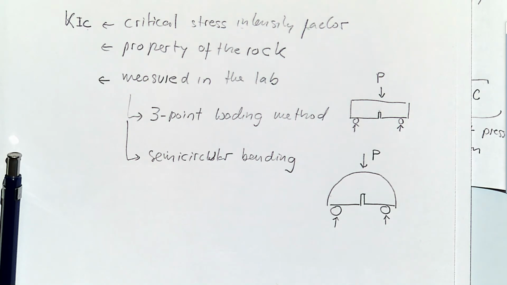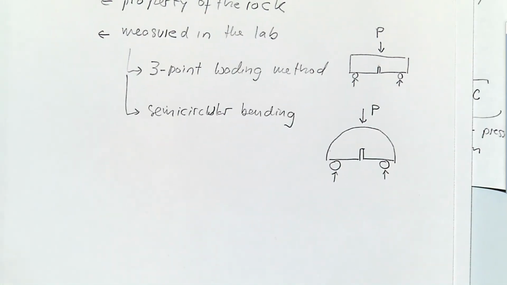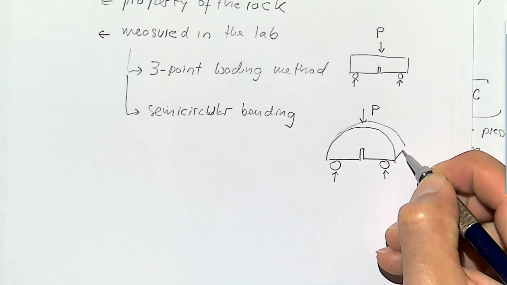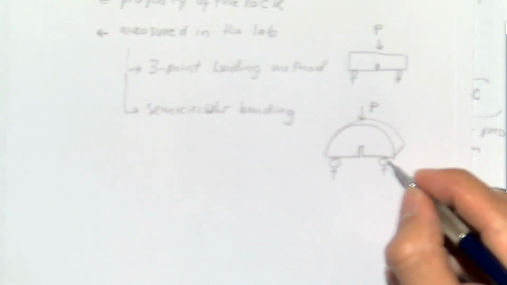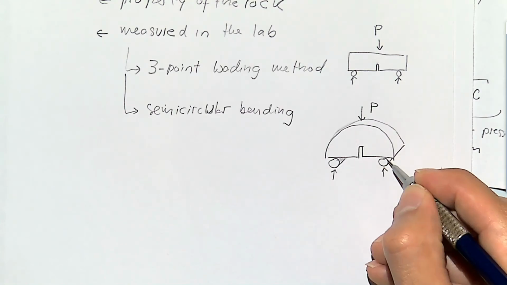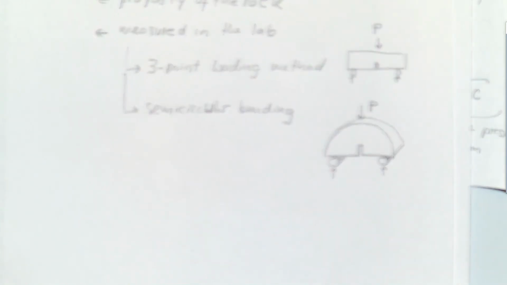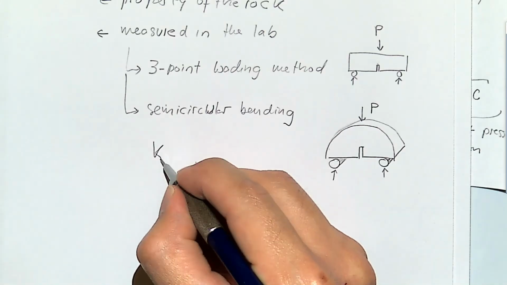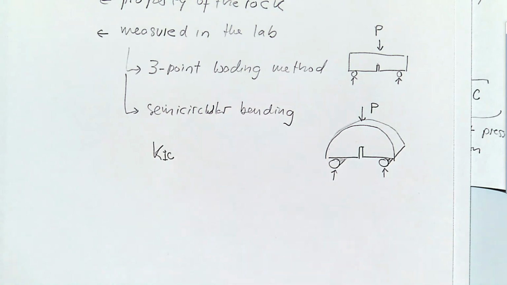So you did the mode 3, right? Yeah. Well, you can do something very similar, but with rocks. And as I was telling you, this semicircular loading test consists of loading a rock which has a notch, and this, for example, if you go to Professor Olson's lab, you will see that he has some of these devices,